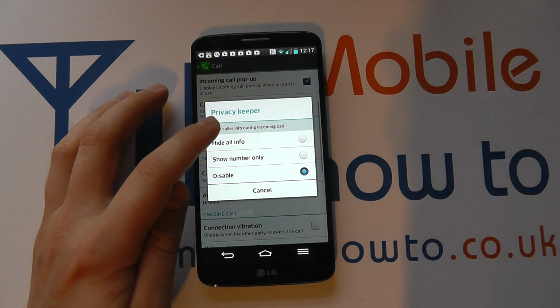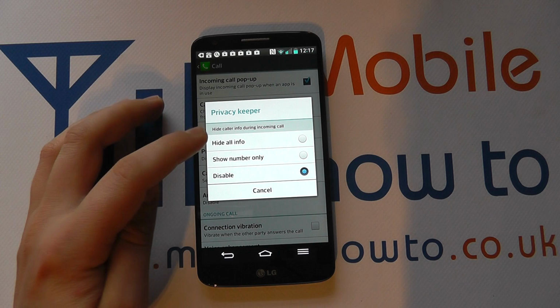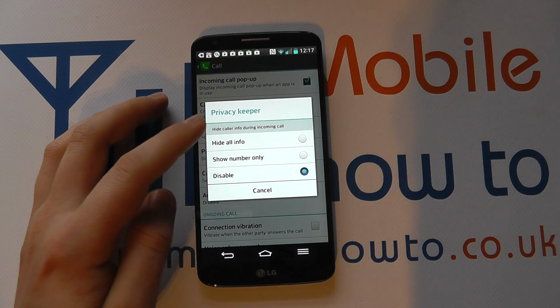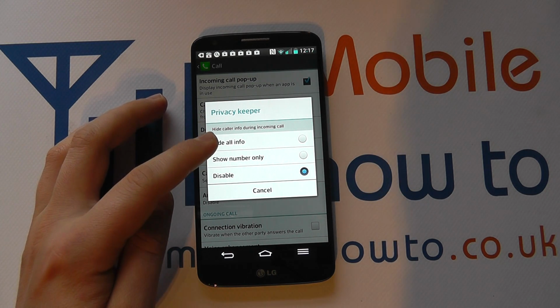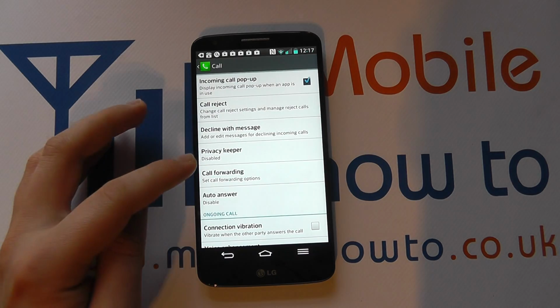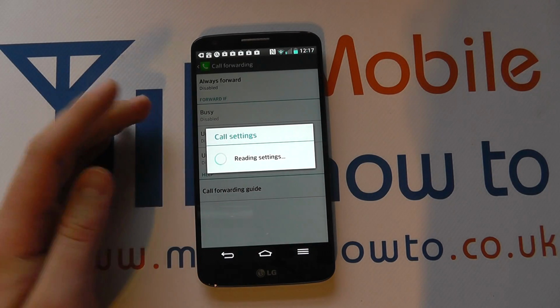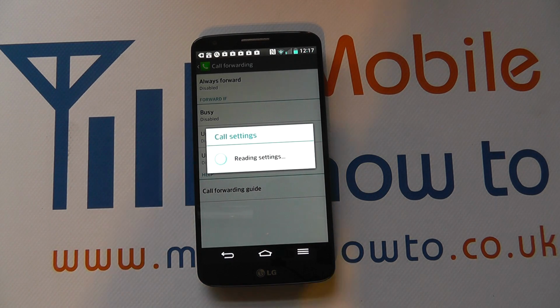Privacy keeper, so hide caller info during an incoming call. Well, that's entirely up to you how you want to do that, so if you want to show or hide any information. Call forwarding, it may be necessary to have this switched on if you're out of the office or